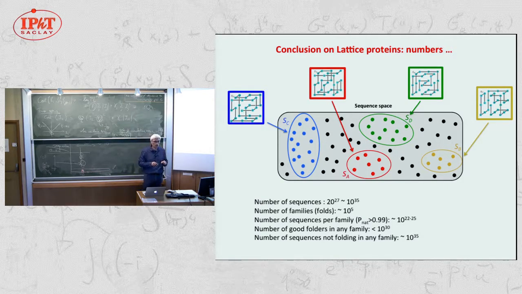1 over 10 to the 5 families. So these are just ridiculous lattice proteins, but it is pretty much a very good approximation of reality, as people in the field actually think. And you see a huge diversity of sequences, and only a very tiny fraction of them was sampled by our Monte Carlo procedure. So just one remark before I go to the data,